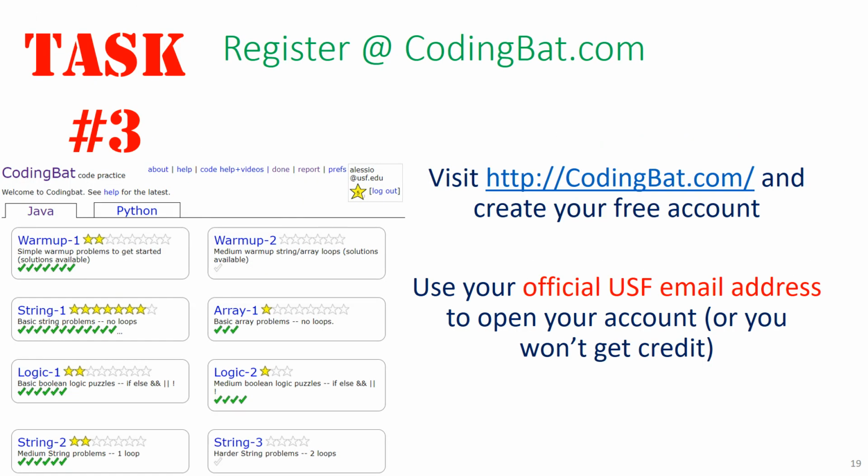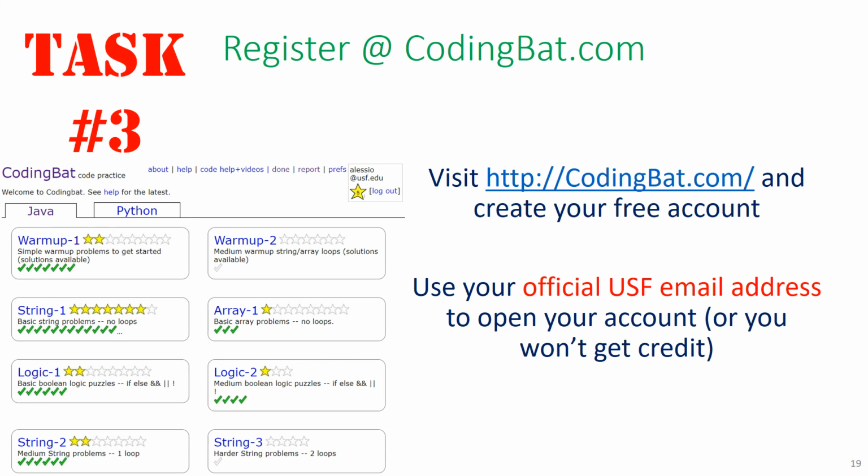Task number 3, go to CodingBat.com. This is a website that has a bunch of exercises for both Java and Python, so we're going to use the Java side for now. Go to CodingBat, register for a free account. Please use your official USF email address to register your account. So something at usf.edu. Do not use something at